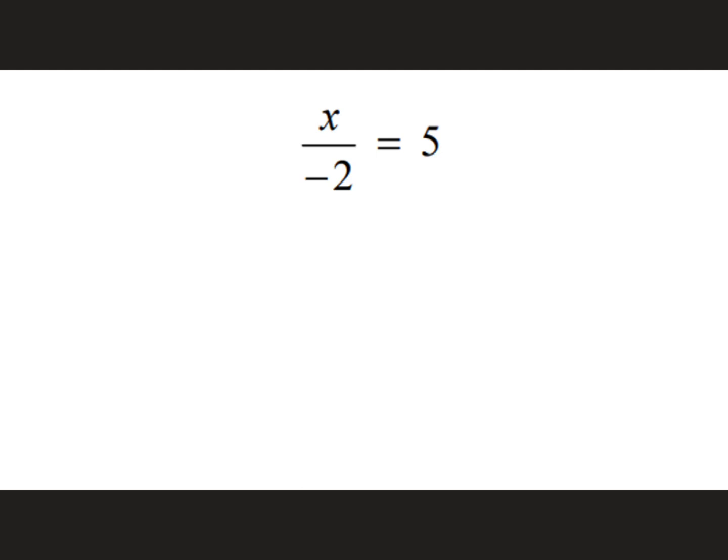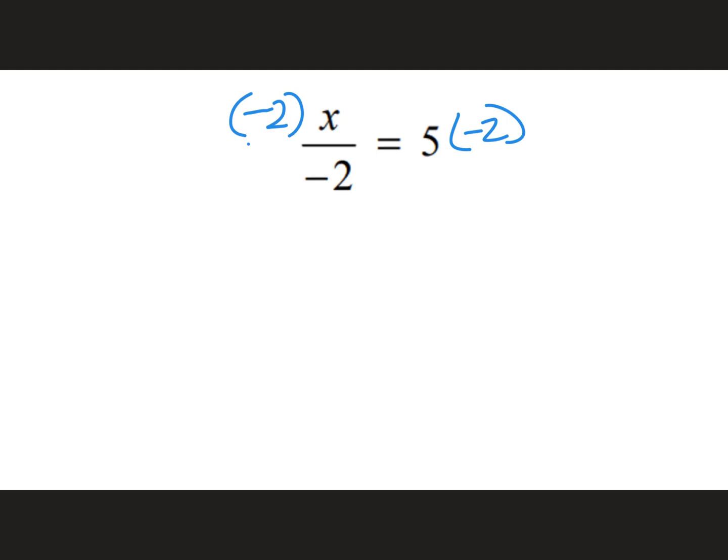Okay, who's bothering x? The -2. What's it doing to the x? Dividing. What's the opposite? What's going to help us get rid of that division? Multiplication. Now, I want you to put it up here. I'm going to put little parentheses around it here because if I put dots or x's, it might get confused. And then here. And the reason I want it up in the numerator is because that's the only way that